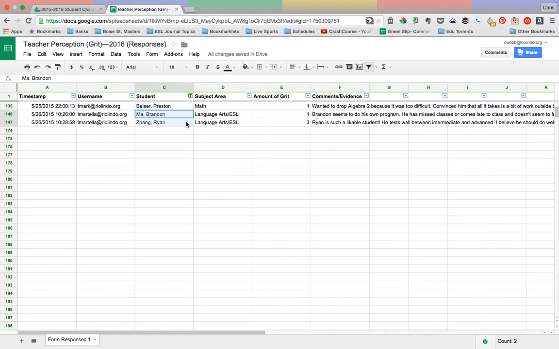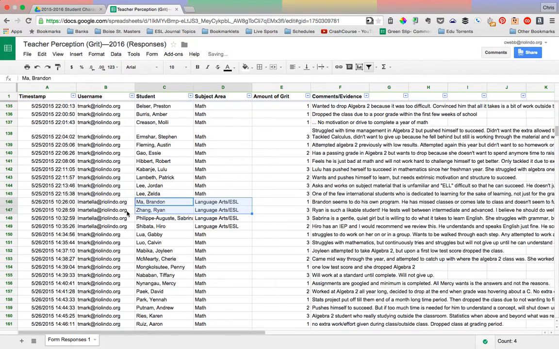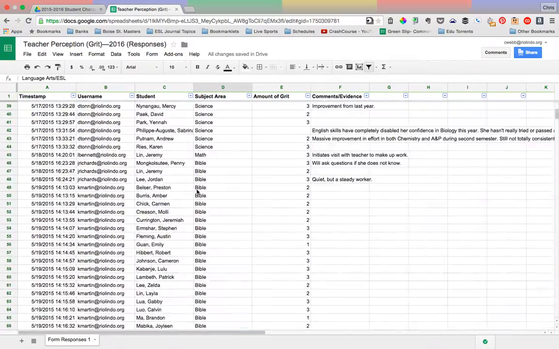And for some reason, Ryan and Brandon keep showing up on there. I don't know, that's some sort of weird little bug or something like that. But for the most part, that's how that's going to work. So it's pretty simple. All you do is select whoever you want to look at, and then you should be able to simply filter and see these different